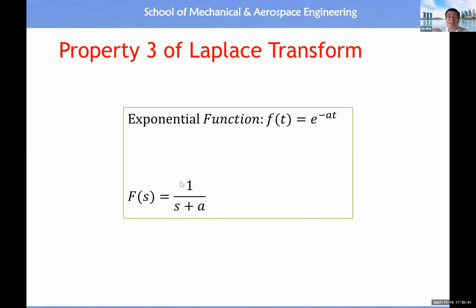Because the inverse Laplace transform of 1 over s is equal to 1 in the time domain. When s has a shift of a, then it means you have this exponential function raised to the power negative at. So this is also a very, very popular, simple rule for us to apply in order to do the